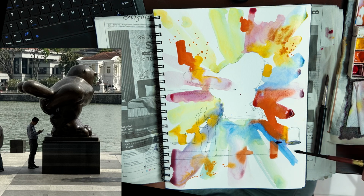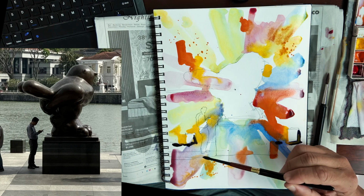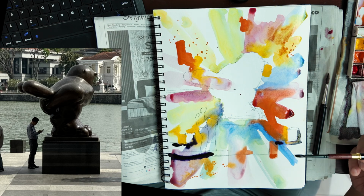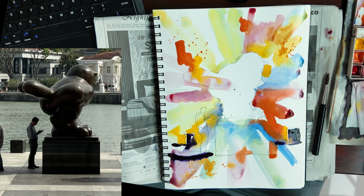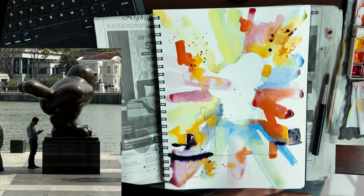And then some dark using Carbazole Violet. I'm getting to really like this color, as you can see, using it for a lot of my sketches. Well, partly because I'm too lazy to mix my favorite violet with purple, which is permanent alizarin crimson with French ultramarine. But anyway, it's just a single color, single pigment, throw in pretty dark, not the darkest of the lot,